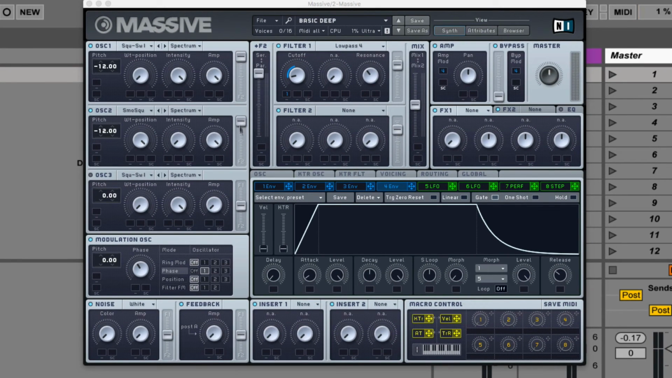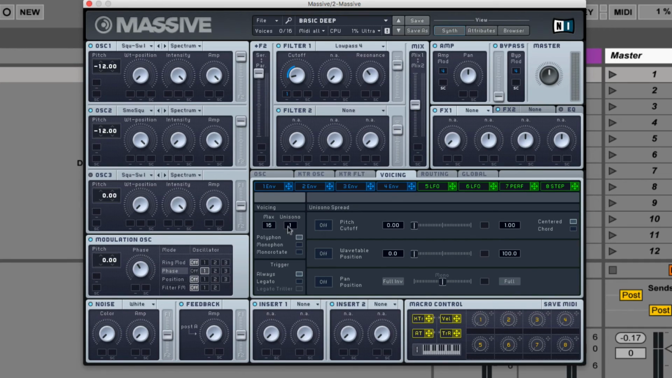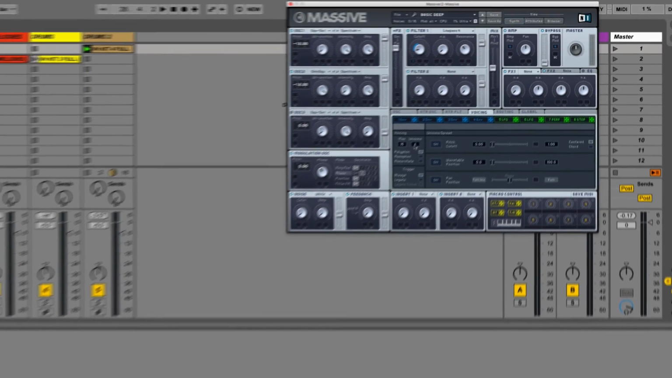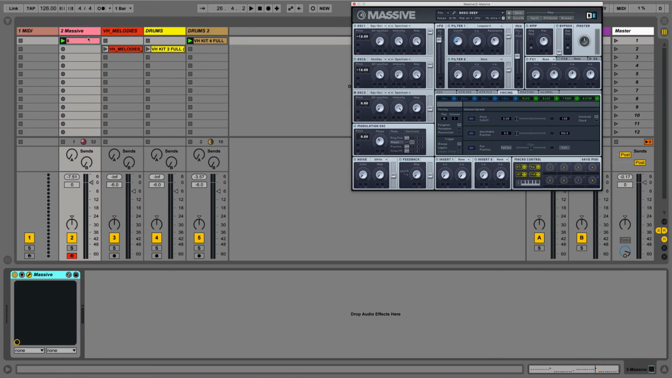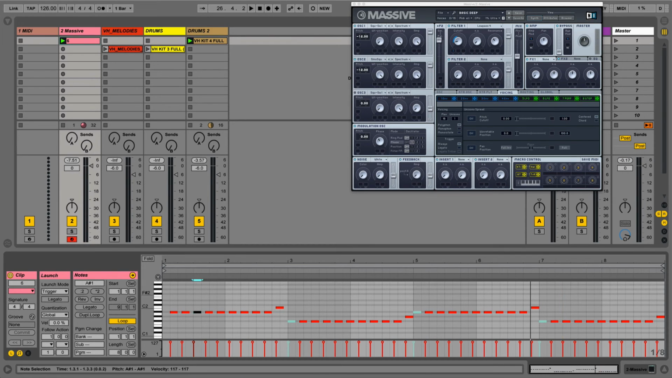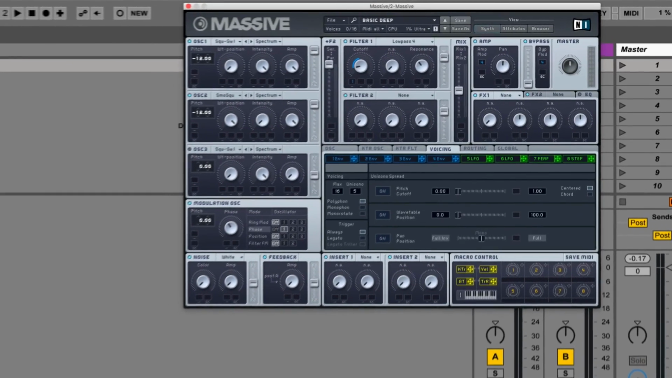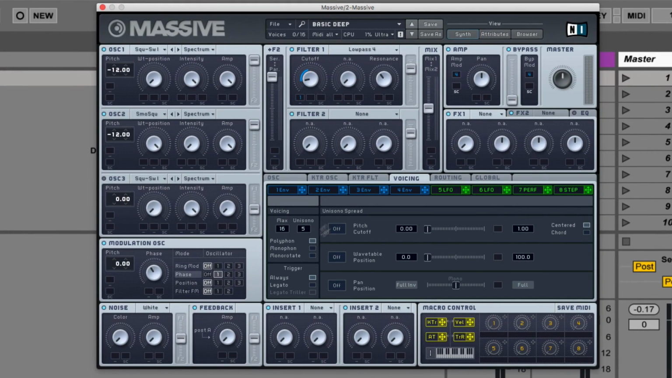So we've got a little deep house pattern going on. And now that we're in Massive, if we go to the voicing tab here, Unisono states how many voices are going to be played per note. So at the moment, for each of these notes, we've got one voice. If we increase this to say 5,